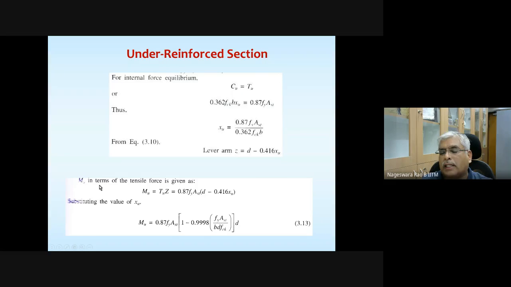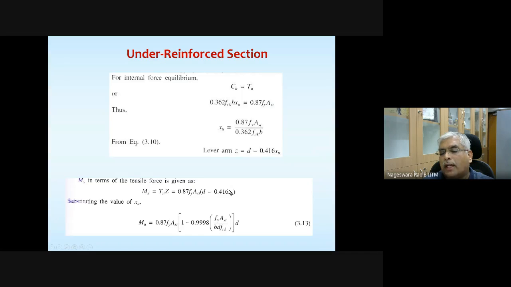For an under-reinforced section, the moment carrying capacity is going to be dictated by the tension region, or steel. So Mu is nothing but the ultimate moment carrying capacity of this section. Mu is equal to the total tensile force, which is 0.87 fy times the area of steel, multiplied by the lever arm distance. Take a note of this equation, because whatever equations you are going to see further are a manipulation of this equation. There is a reason why I am asking you to take a note of this.